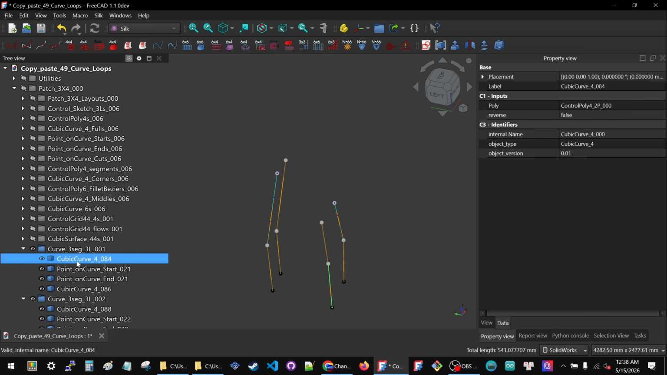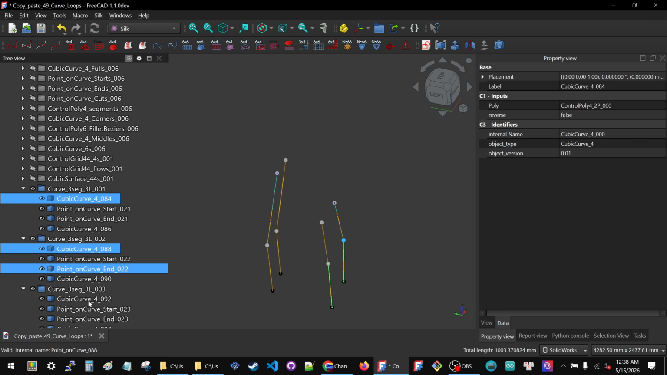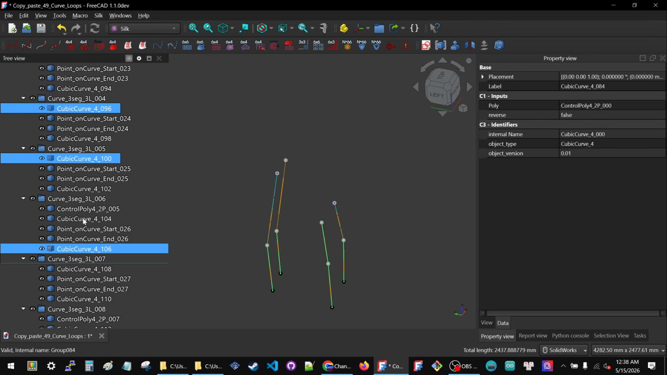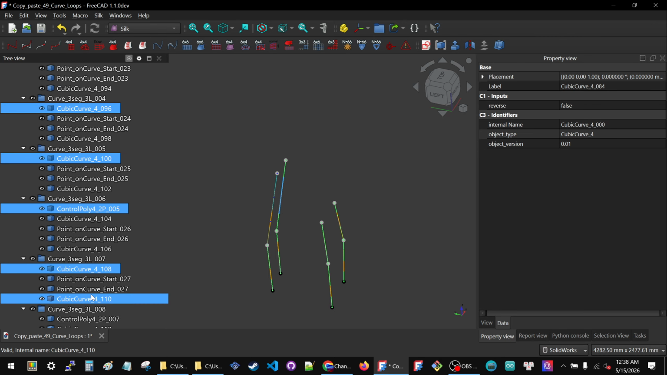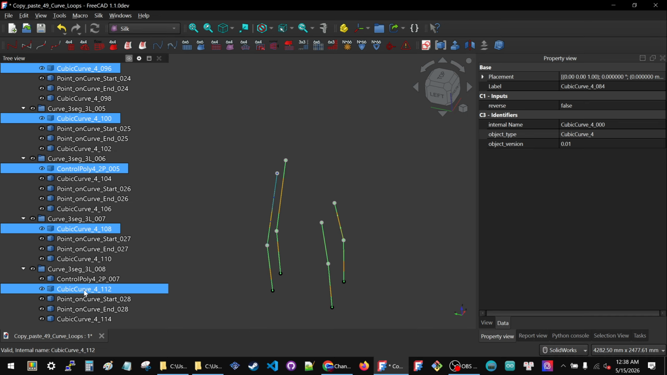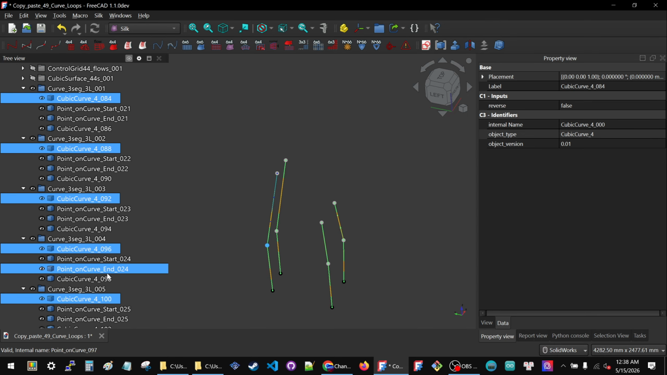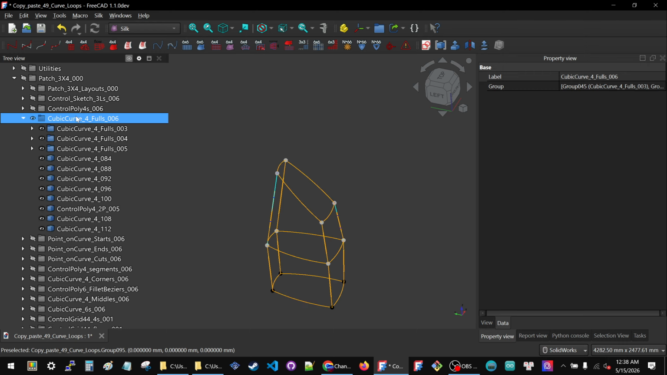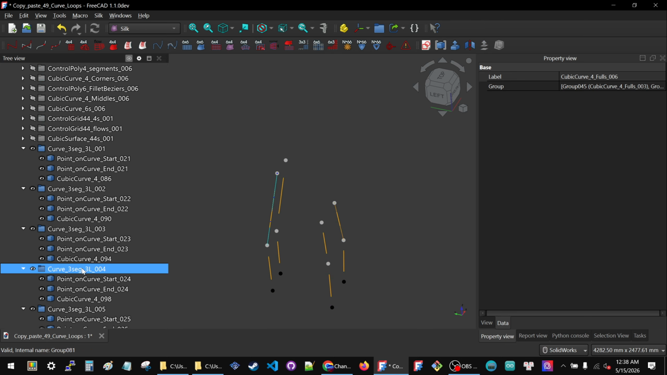Then cubic curve 4, these are the full curves. 1, 2, 3, 4, 5, 6, 7, 8. And look, I missed a control poly 2P. I'll go back and deal with it. These are my cubic curve fulls. There we go, full curves all together. Close this,